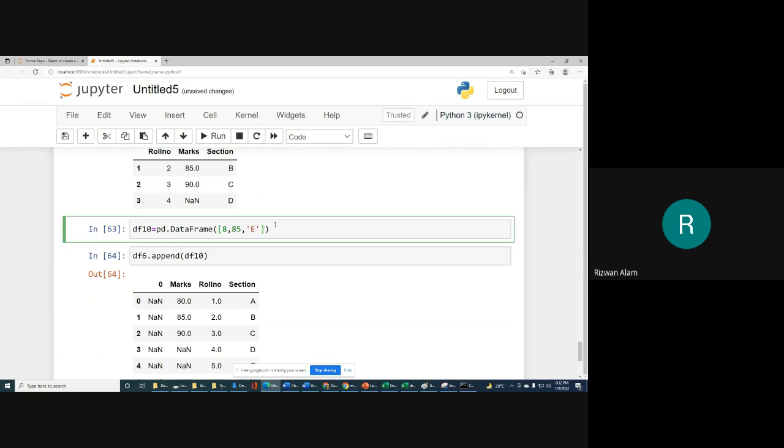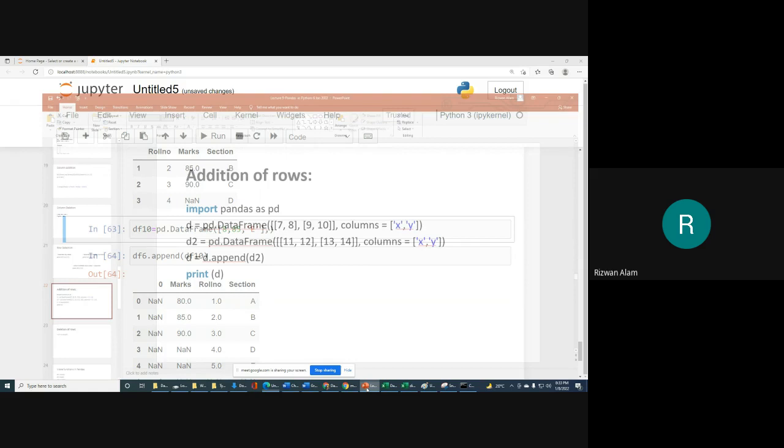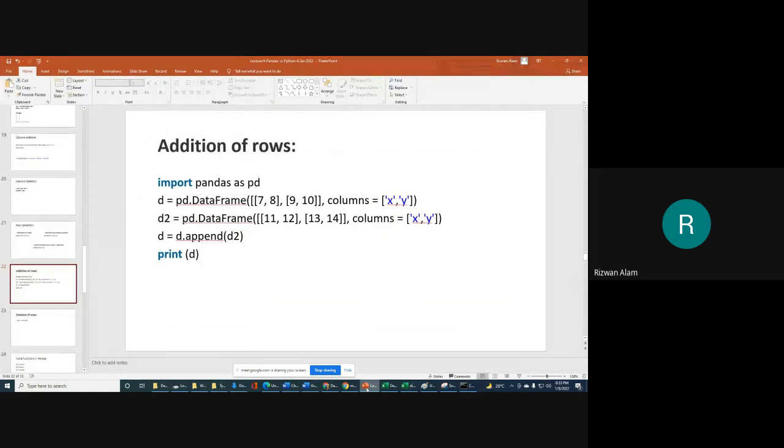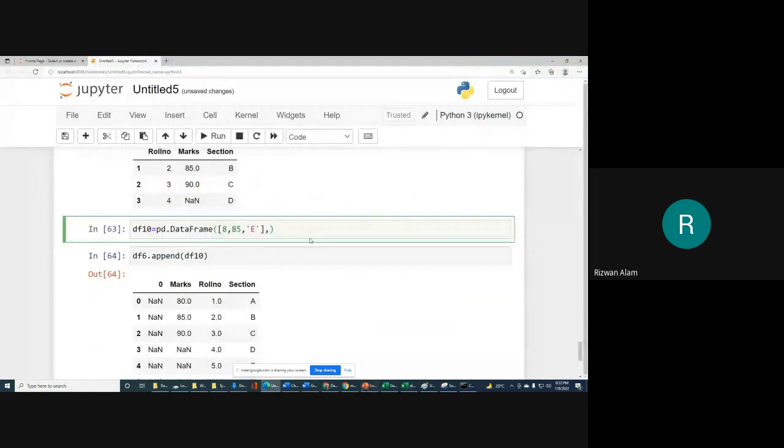So what we will do, we will write columns is equal to, so what we have as columns: roll number, then we have marks, then we have section.